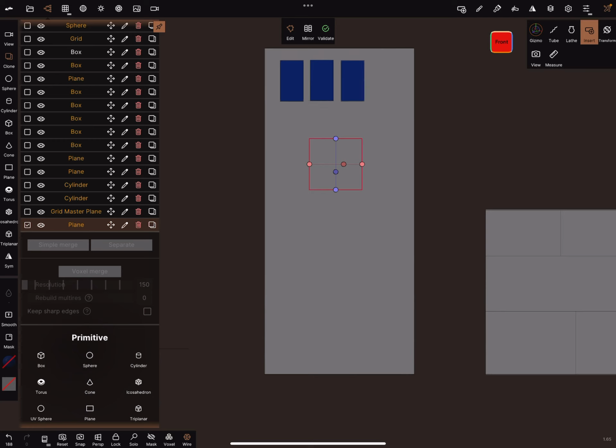Then go in a front view, and now you can place this plane to fit the front side of the building.